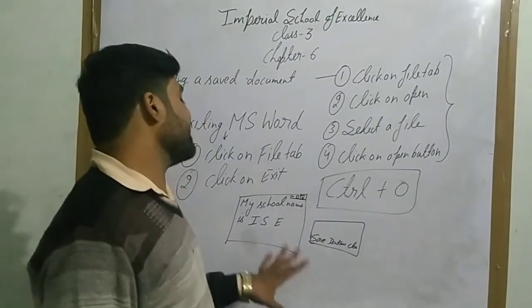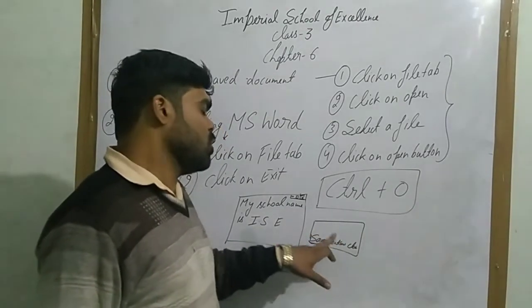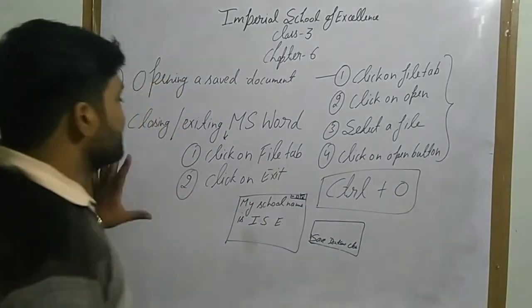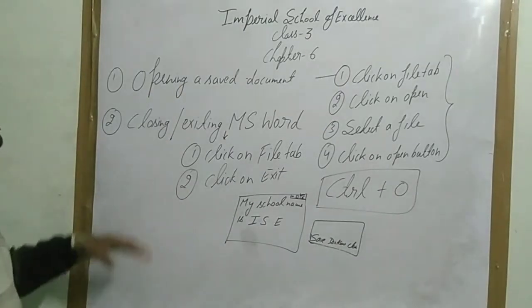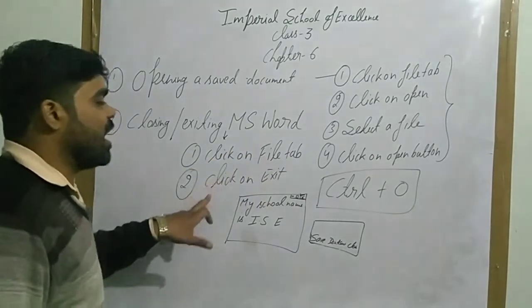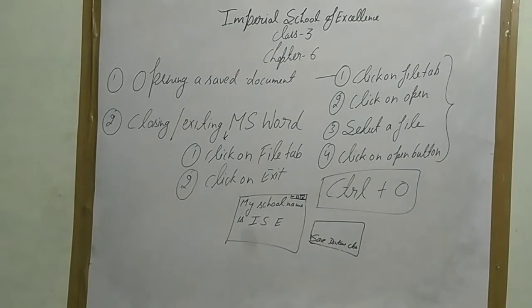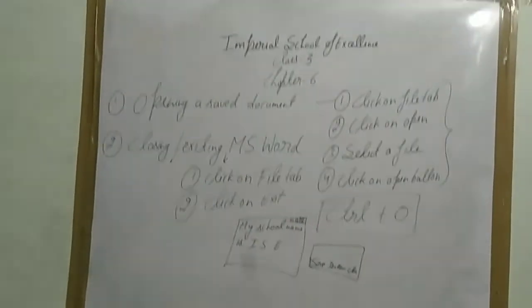After that, if you want to save, then you can save from here. If you don't want to save, then you can click on Don't Save. And the way I have told you, if you want to exit the file directly, then click on File and after that click on Exit. Now we will discuss these two topics in our practical class. See how this works.